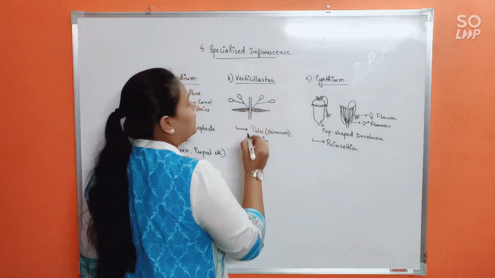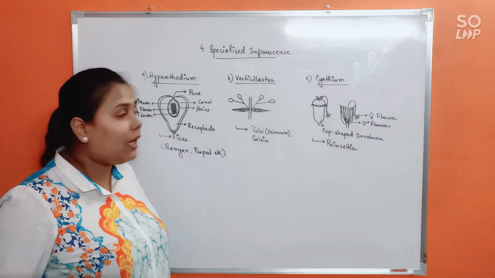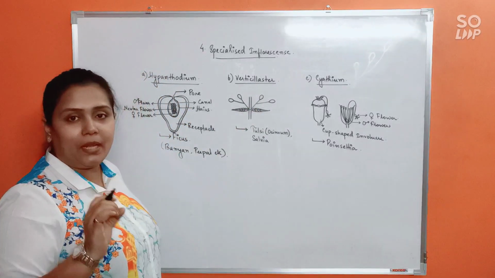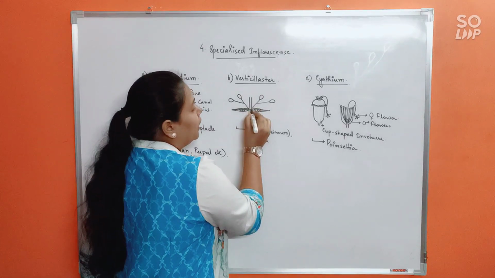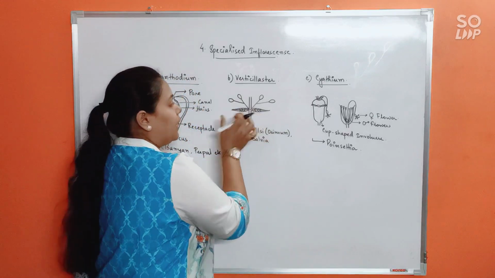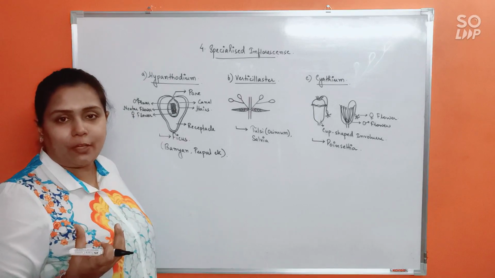Alright. Next, moving on to verticillaster inflorescence. Verticillaster inflorescence is a combination of 2 types of cyme or cymose. Okay. See, this is the node present in the main axis. Now, from this node arise these opposite leaves. Okay, 2 leaves are arising. So, from a single node 2 leaves arising means it is opposite phyllotaxy, right?